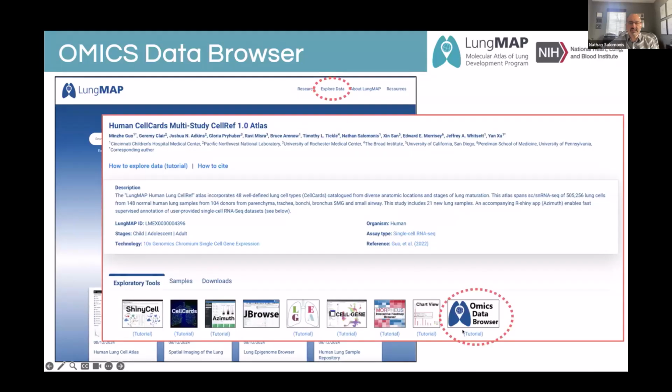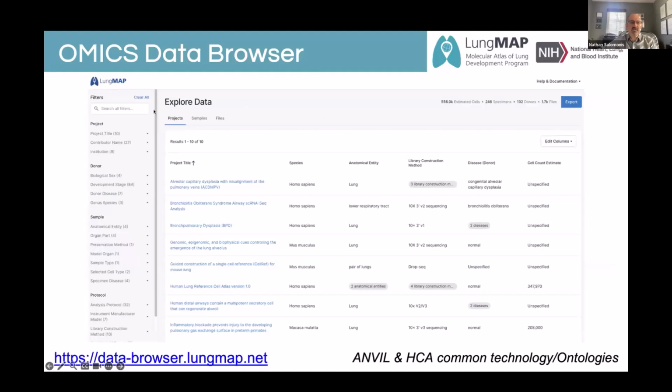If you explore these data sets or click on this Omics data browser link in these navigation pages, it'll link to this Facile browser, which has this standardized human cell atlas ontologized information. So now you can find all the projects, for example, you can get all the male samples out, you can get all the babies of a certain developmental stage, or adults of a certain developmental stage or disease stage, or a specific technology version.